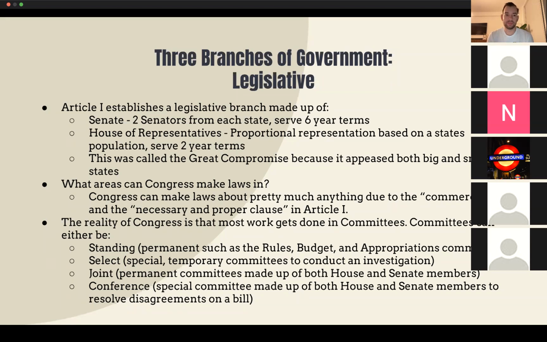Okay. Good question. If you're a young senator or House member who has just come to Congress, you don't have a lot of say in what committee you want to be on. But the longer you stay in Congress and the more senior you become, then you have more say in which committees you are assigned to.